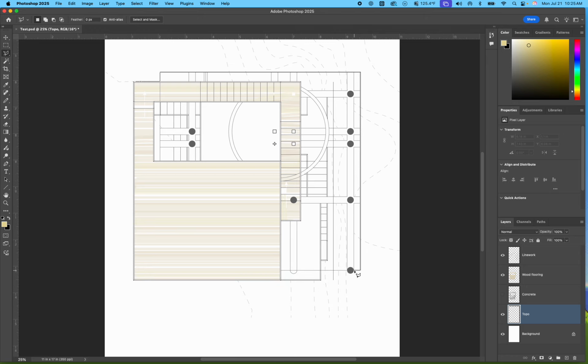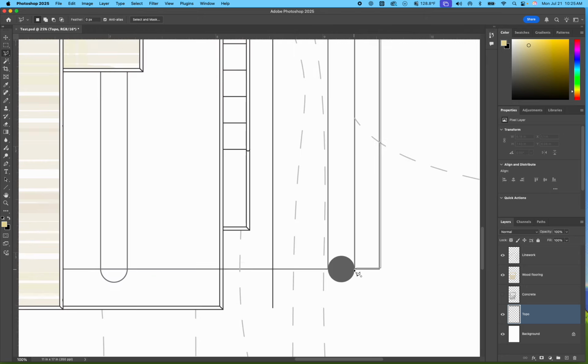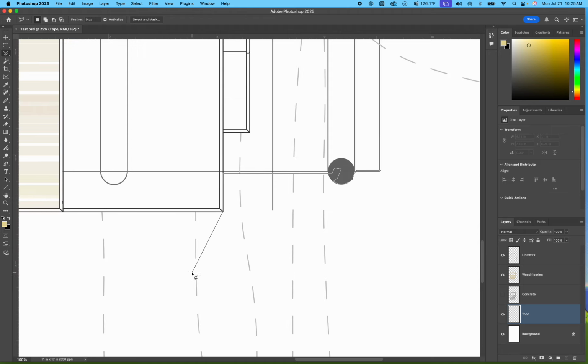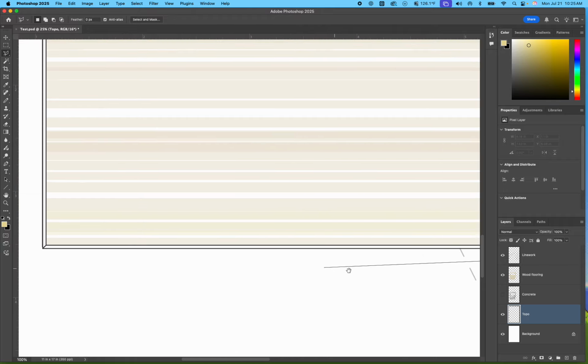I could try the magic wand tool, but I have a feeling not everything is closed. So in my case, I'm going to fake it till I make it. Keep in mind that this layer is going to be above, so I can kind of do whatever I want as long as I know that certain layers are going to hide things. Hopefully that makes sense. But in my case, I'm going to click on the line for the most part,